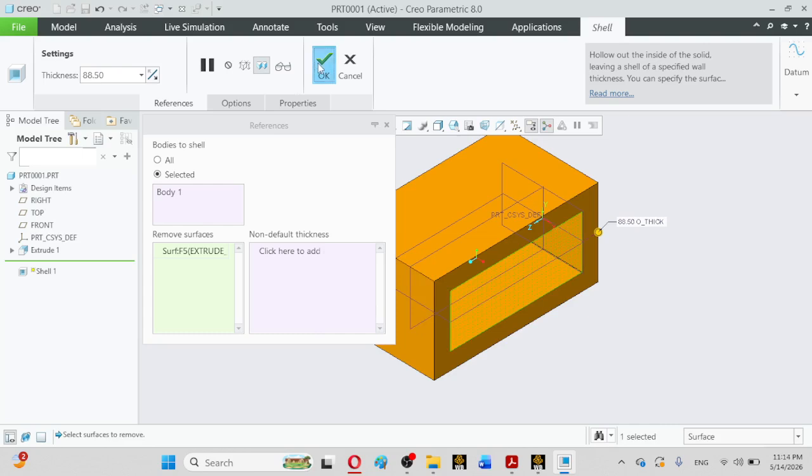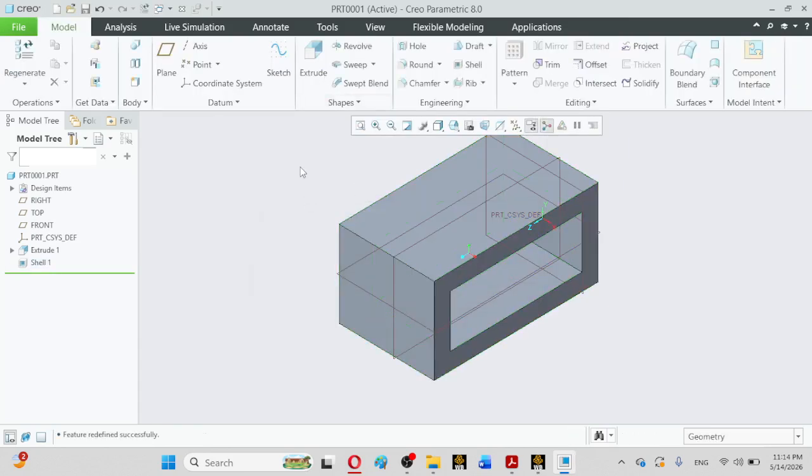In this way, this is the simple demonstration, very important. Like this you will be able to add or remove shell faces. The other thing is non-default thickness, so for the time being leave it, a simple demonstration is sufficient. After that, the next very important command is the rib command that I will be demonstrating later on. For the time being it is sufficient. Just mark your attendance, demonstrate these commands and write their methodology